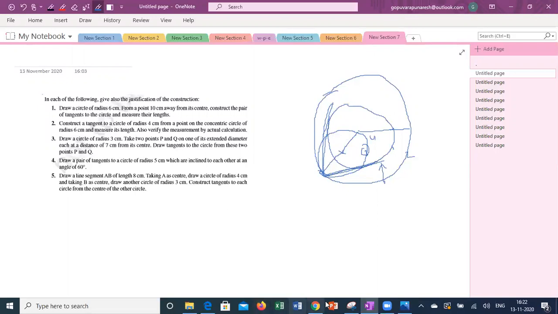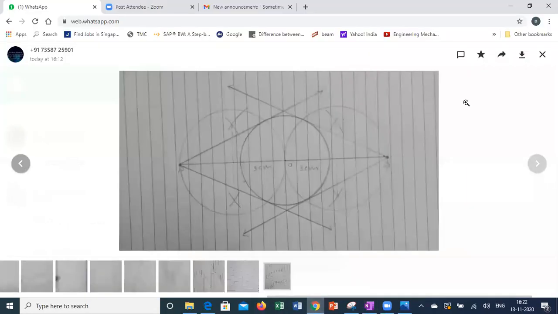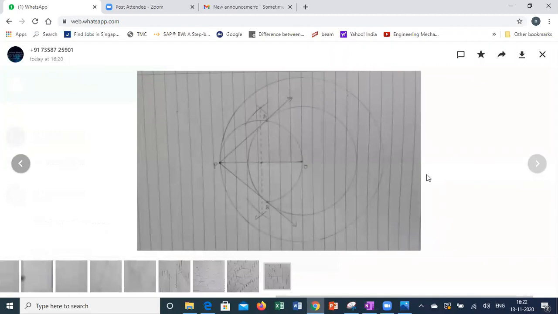Sandhya, I think you already sent the answer. Am I right? Yes, sir. Yes, this is the right answer. Try to highlight the given circles a little bit dark, because all are looking the same kind of brightness. Okay, sir. You have to show the 2 concentric circles with one kind of thickness. The construction circle will be a little light and the tangent should be a little thick.